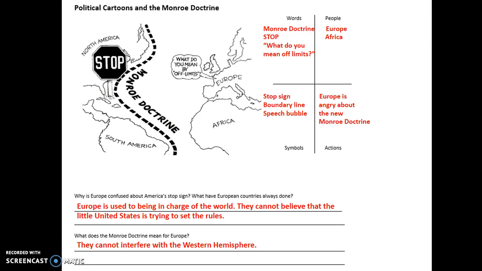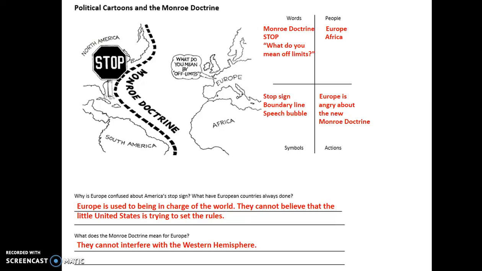Okay, so for the first one, I came up with that Europe is used to being in charge of the world, so they cannot believe that the little United States is trying to set the rules, right? The United States is still a brand new country, right? We're only on our 5th president, and this is making a big statement when the U.S. passes this Monroe Doctrine. Europe has been around for thousands and thousands of years, and they're used to